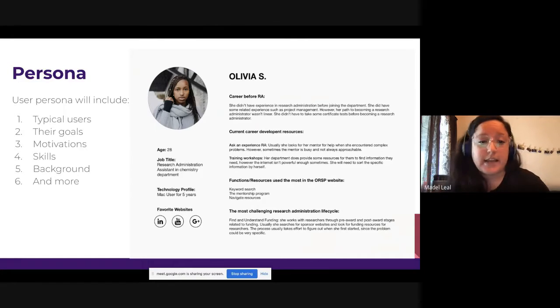She's a tech-savvy person, a Mac user for 5 years, and has some favorite websites. These are just characteristics that we developed in order to understand her as a user. She's on LinkedIn, she likes YouTube. Then there's a career before RA. Based on our research, we came up with a brief description of what she's done before being an RA. Then current